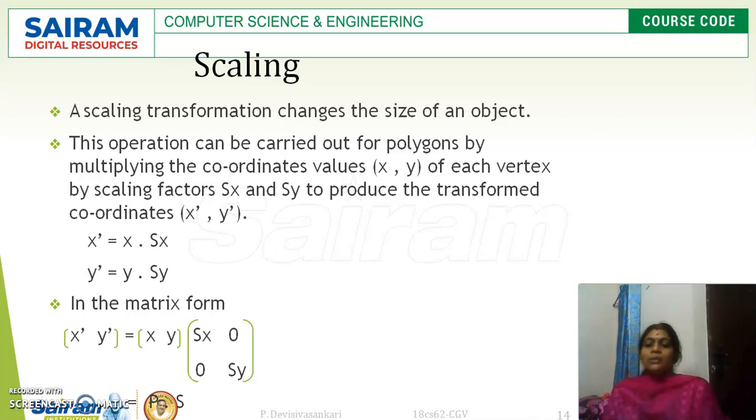Okay, so here the new x dash value is nothing but the original value multiplied with the factor. For example, the original value of x equal to 2 and sx value is 3. So 3 into 2, 6, right? So 3 times we are enlarging in the x direction. The same way the y side also will be enlarged 3 times. So here the matrix form is, the new value x dash y dash is equal to the previous value multiplied with sx and sy, right?